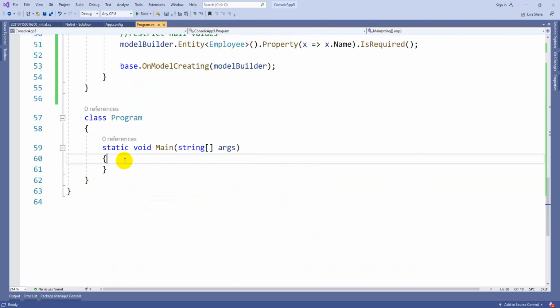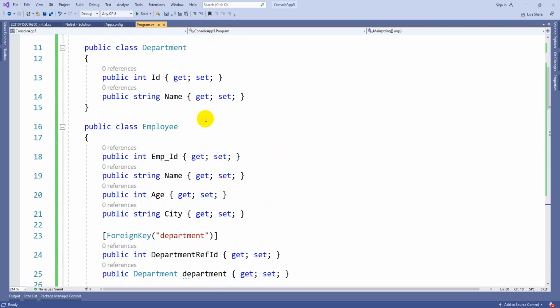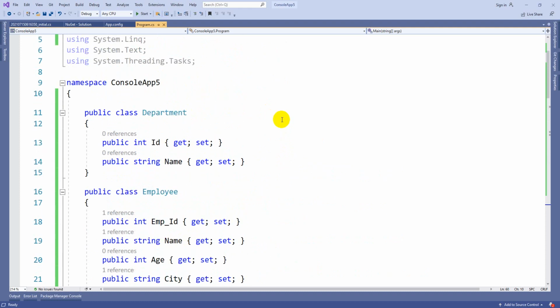Code wise there will be no change. You can insert a record, you can select a record, you can delete, you can update, you can work with all the properties. So practice this and do let me know if you have any queries. This is about the entire Entity Framework. I hope the entire concept is clear. If any particular topic is not clear, please bring it to my notice so that we can solve it. Thank you.